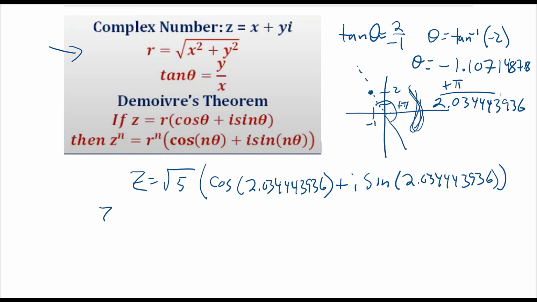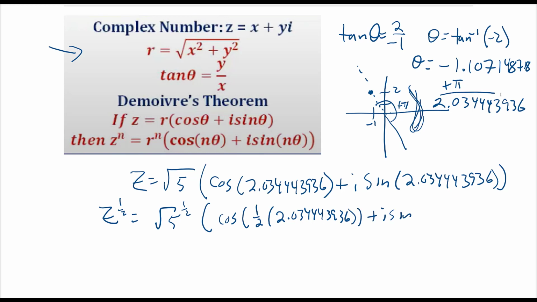And if we're going to find z to the 1/2, that's going to be the square root of 5 to the 1/2 times cosine of 1/2 times 2.034443936 plus i sine of 1/2 times 2.034443936. And there we go. I think one more parenthesis does it. Now, our z to the 1/2